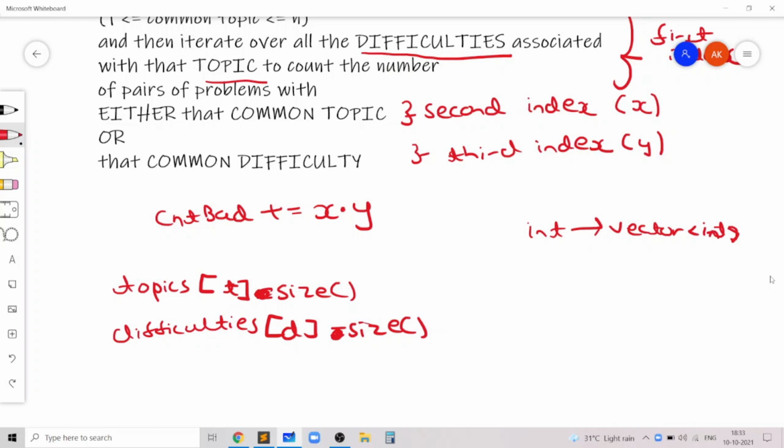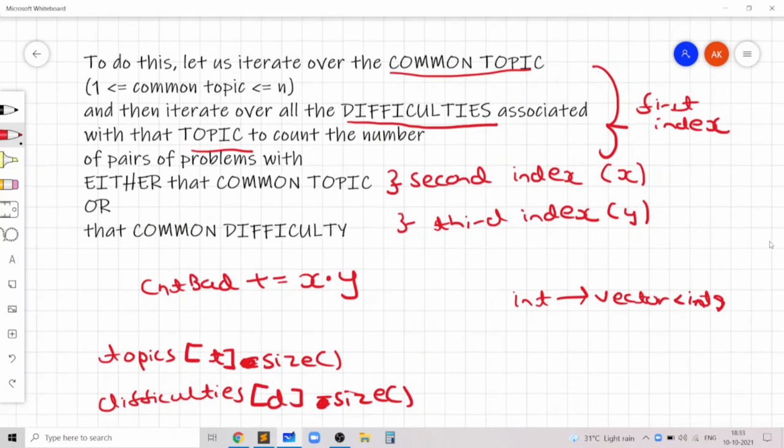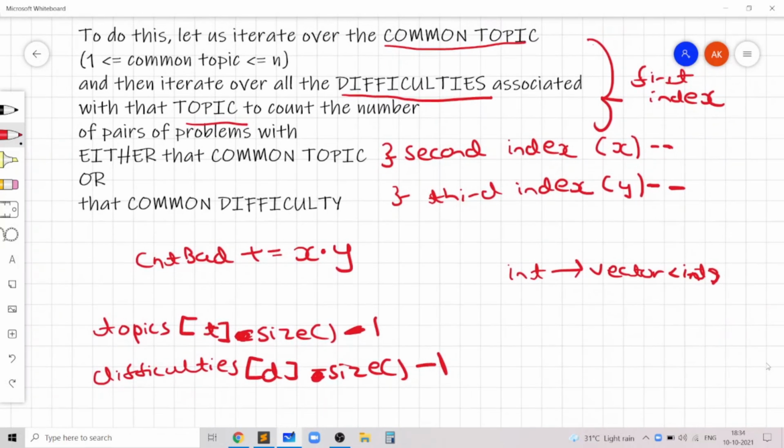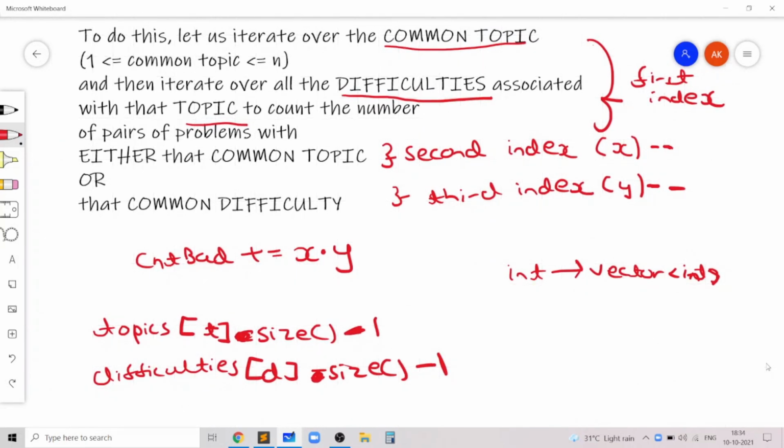And we also need to find the number of such indices -1, so we need to decrease x by 1. The reason being, we can't have a common index, so we can't include the index 1 itself. That's why the actual value will be the size -1, because we can't include the first index itself. So the second index can't be the first index. That's why we need to subtract that case when it is the first index. And that's why we can just multiply these two.